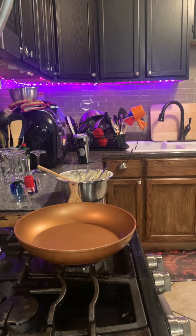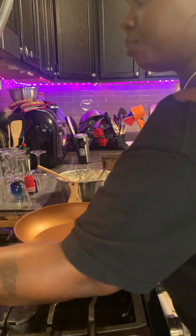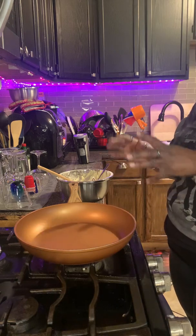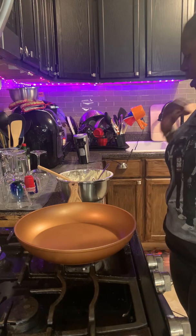Tasting food, you know. So now, since I had that oven preheating at 400, I'm gonna drop it down to my 350, and we're gonna do this for at least 10 to 12 minutes. I'm gonna get my blender put up, and